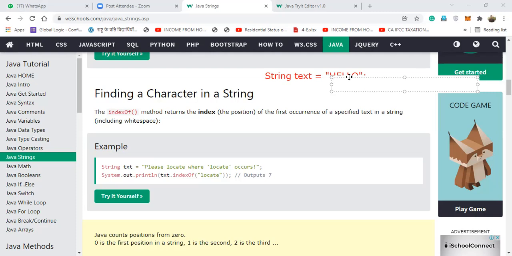What is the index position given to h? 0, then 1, then 2, 3, 4. I'll explain with the help of a table. It will be better if I help you that way. Here it is. I have written h.